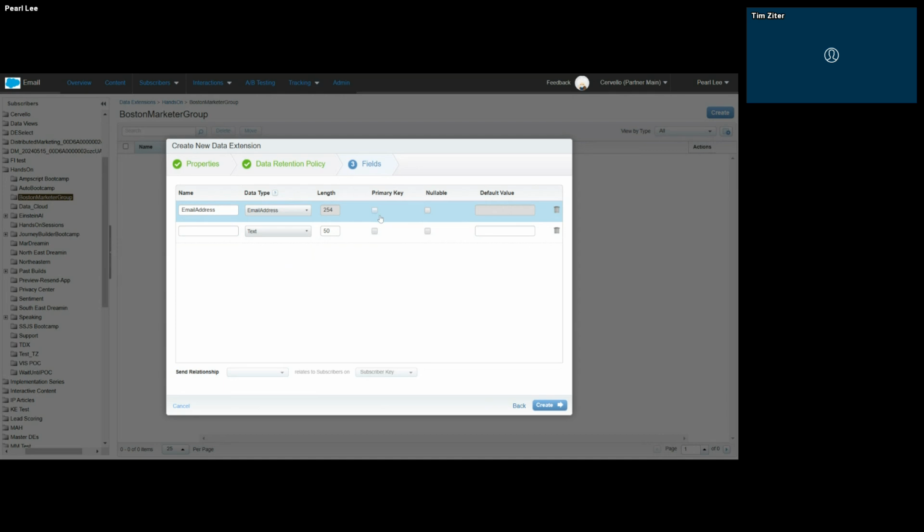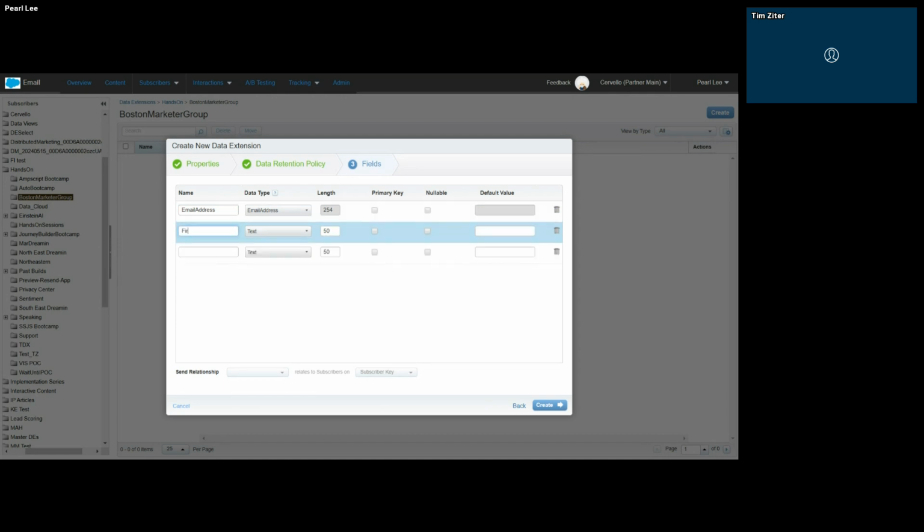That's fine. We'll consider whether we need a primary key in the future, but for now, we'll leave that as is. We'll not have that be nullable as well, because we kind of want that email address to be required. Okay, and then the next line, let's do first name.